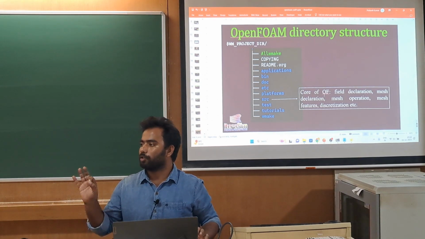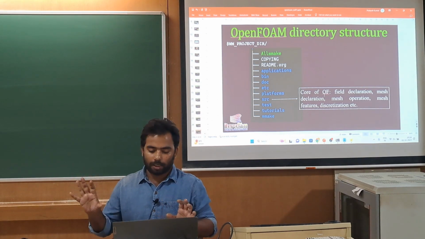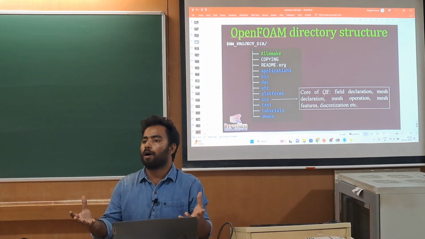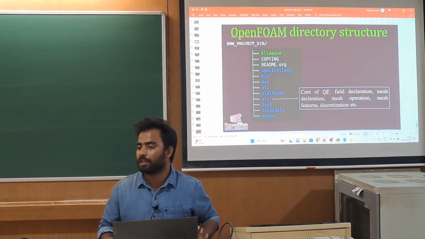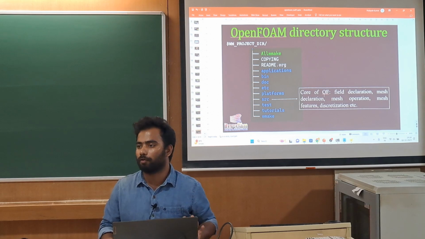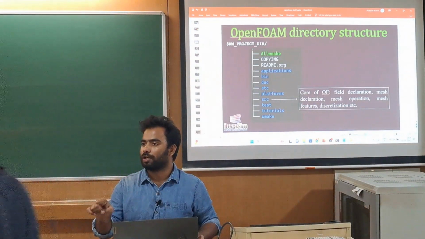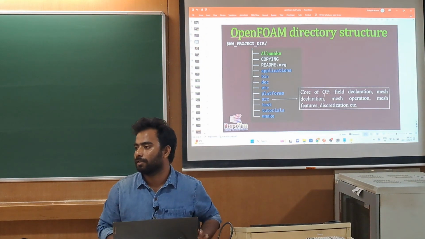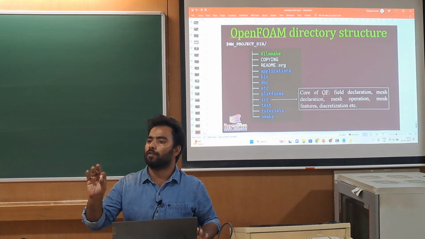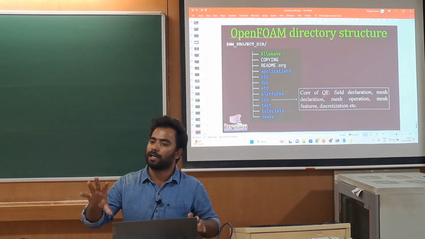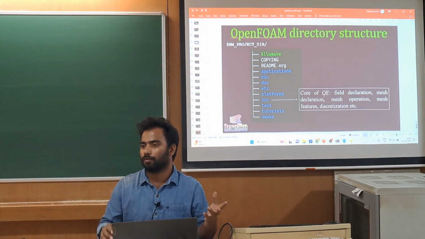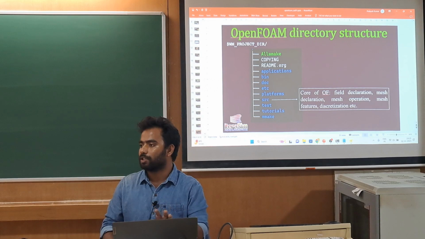Apart from the solvers and utilities, if you are creating a new model or new things, then you have to touch this SRC folder. This is a very important folder, and again I am saying that even if you touch a solver folder or tutorials folder, never touch the SRC folder, because if you change anything, you have to reinstall your OpenFOAM. So never ever try to touch the SRC folder.